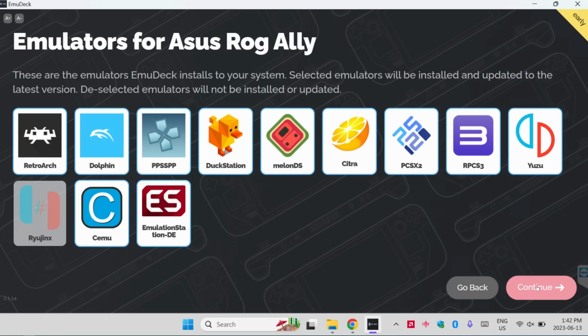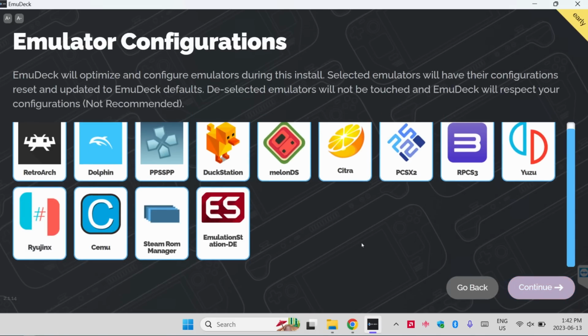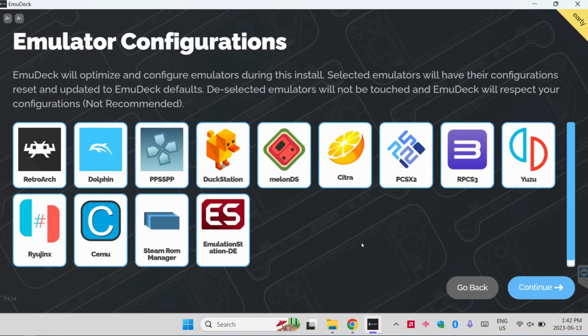Leave that checked as well because we're going to need it. You'll notice Xenia for the Xbox 360 is missing. Don't worry, we'll add it later. Click Continue when you're ready. And this page is saying EmuDeck will configure all of these emulators for us, and we want that, so click